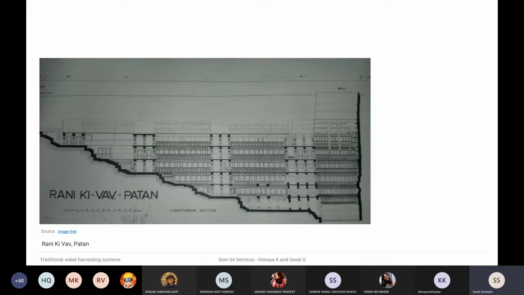These were also built because the travelers during that time could come and even stay here in the night, because this also reduces the temperature largely. One, because you have water towards the end collected, and the other thing is that it is a subterranean structure. You have large walls which are reducing your temperature to a large extent. Even today, when you walk into an Adalaj in Ahmedabad, you do realize that it is much cooler below, and the temperature outside doesn't really come in here. So it's a very interesting space in that sense.